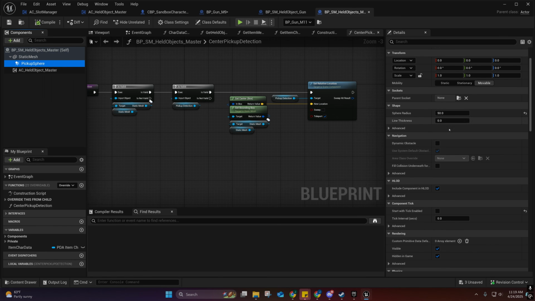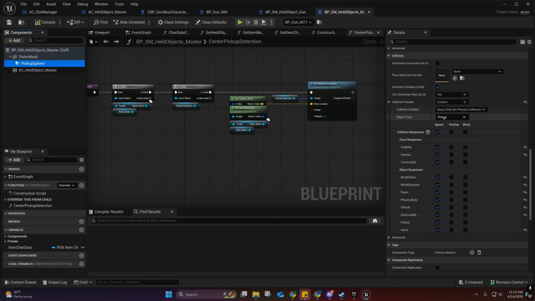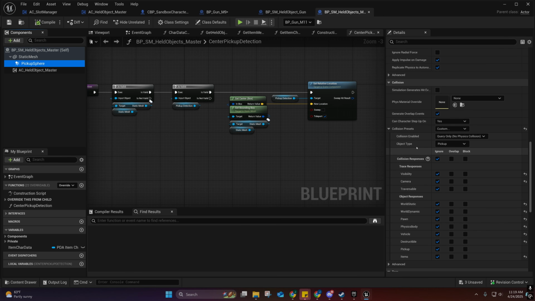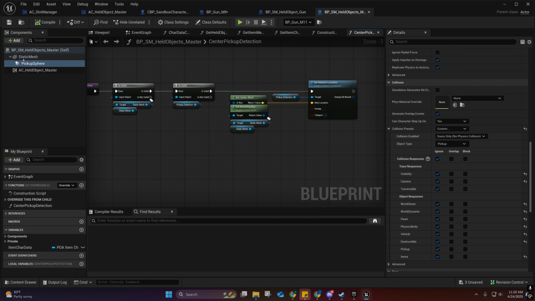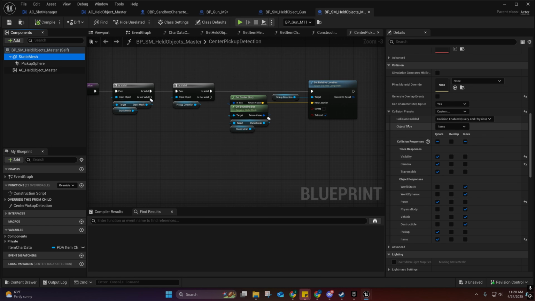So anyway, we have this pickup sphere. I've kind of covered this already, but I'll cover it again. You'll see that the object type here is just pickup, and it's ignoring all the trace channels. So we don't need to actually trace against it per se. What we're actually doing is running a trace for an object type, and we're just looking for an object of type pickup. So you'll notice that the static mesh, if you check the collision settings on it, is an object